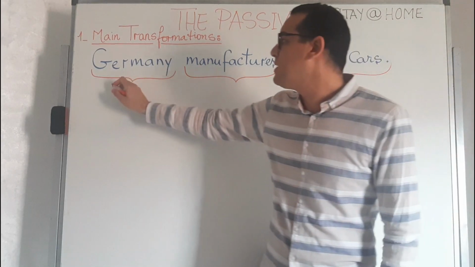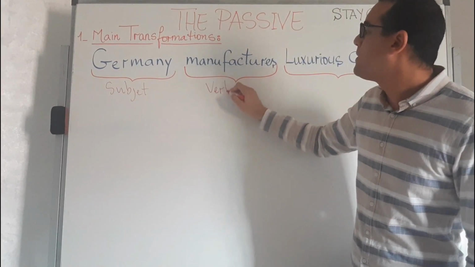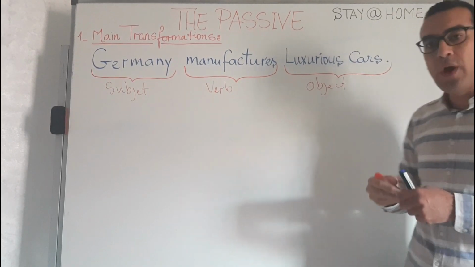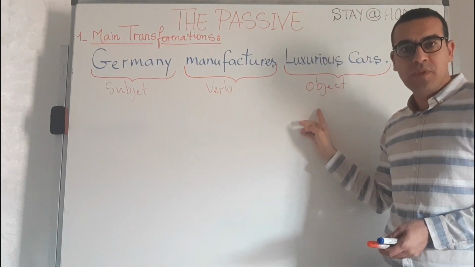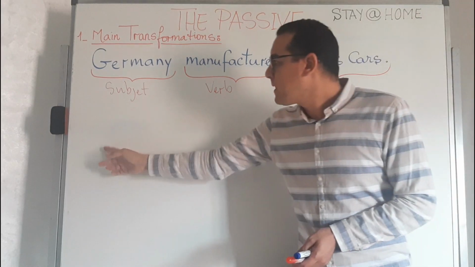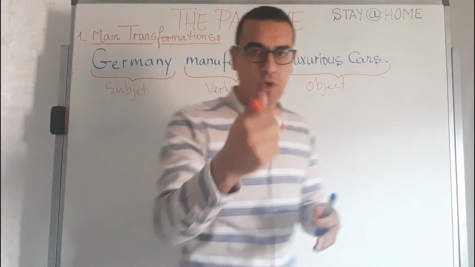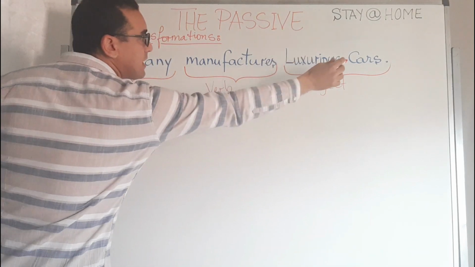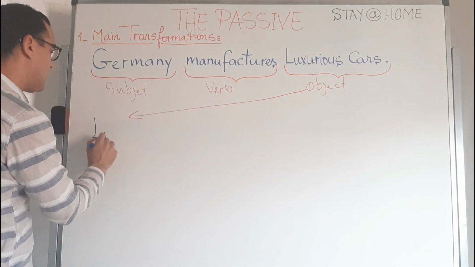So very simply, we have here the subject of the active sentence, the verb in the active sentence, and the object in the active sentence. When we determine these categories, subject, verb, and object, then we proceed into the first transformation. The first transformation is switching the position of the subject and the object. I will use these arrows to help you follow the procedure. So the first thing is that we bring luxurious cars and put it in the initial position of the passive sentence. So we have luxurious